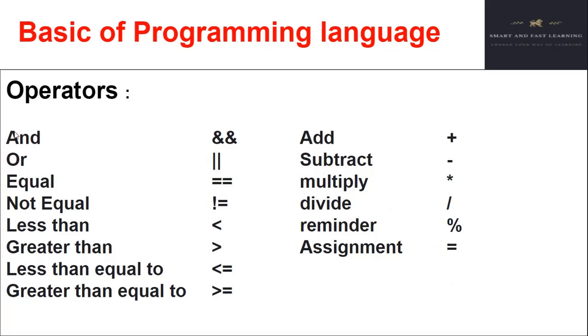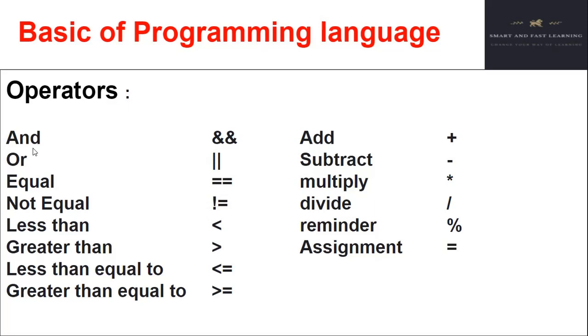After that we have two logical operators, AND and OR. The AND operator is used for multiple conditions. Suppose we have two conditions and both should be true. We can take an example like Ram is greater than Sham, and it should be true, and Ram is also greater than Ramu, and that should be true. So if we want both conditions true, then we use the AND operator.